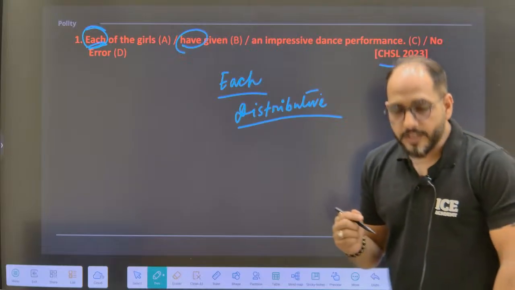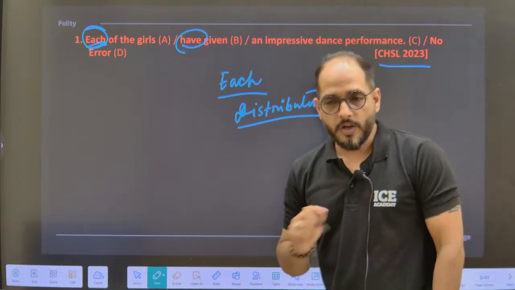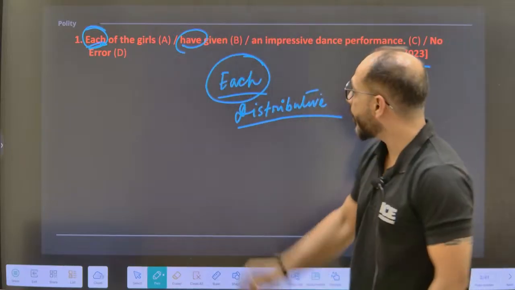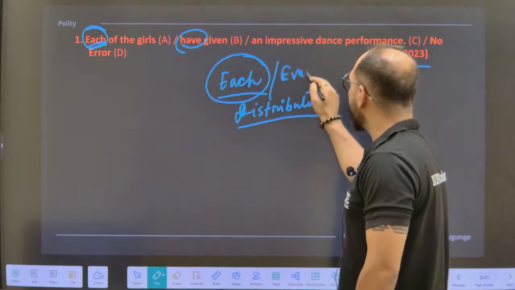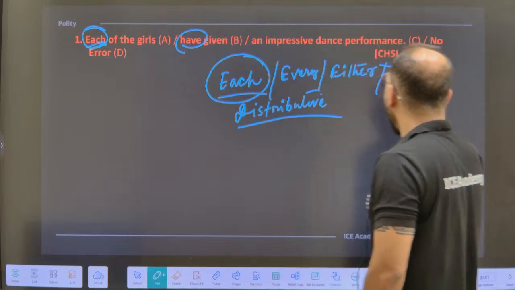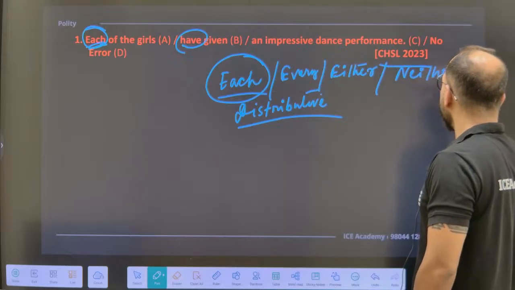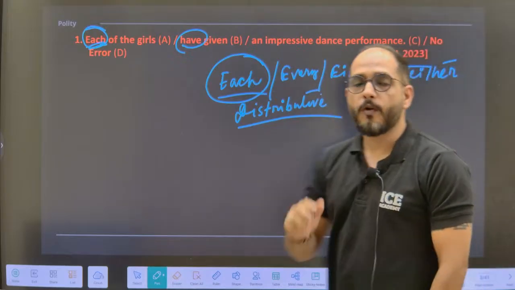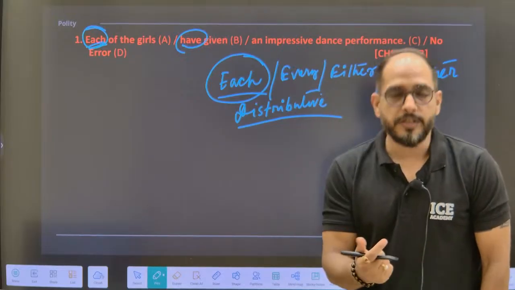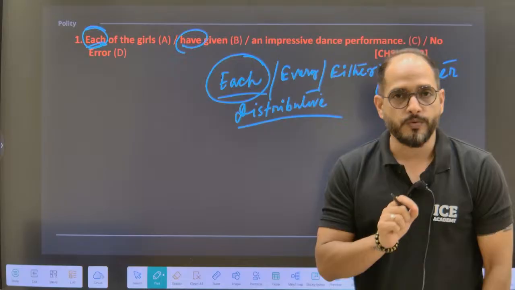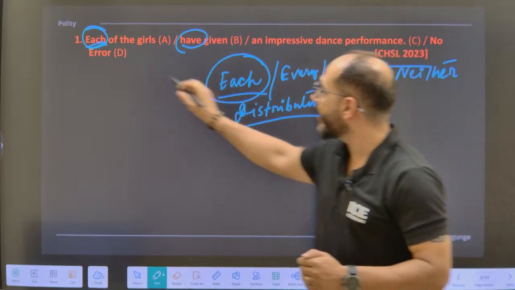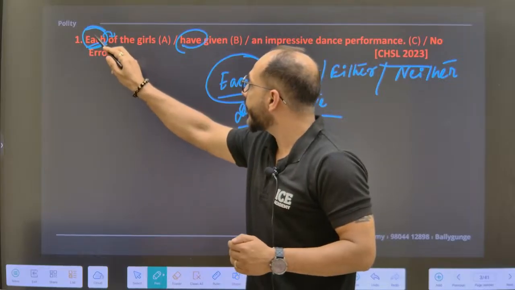Now, why is it called a determiner? Because this particular word each, and not only that, there are more. That means there are each, every, either, and neither. Look at these four determiners. They can be used as an adjective as well as a pronoun. এটা অ্যাডজেক্টিভ হিসেবে ইউজ হয়, আবার প্রোনাউন হিসেবে ইউজ হয়।